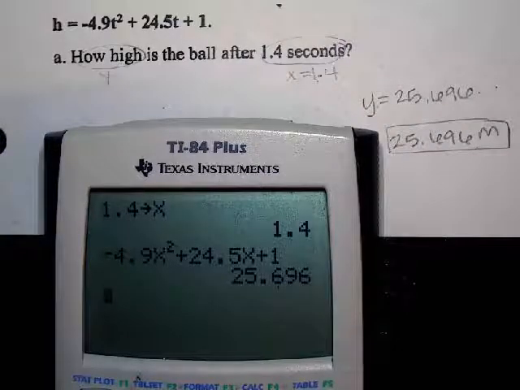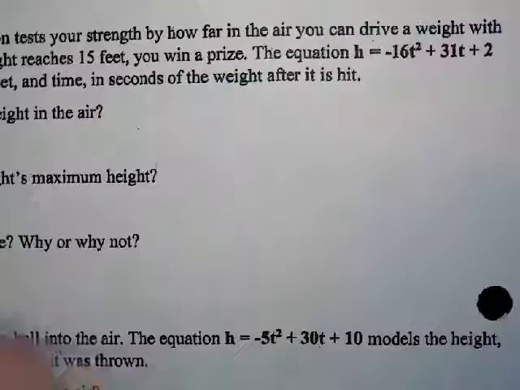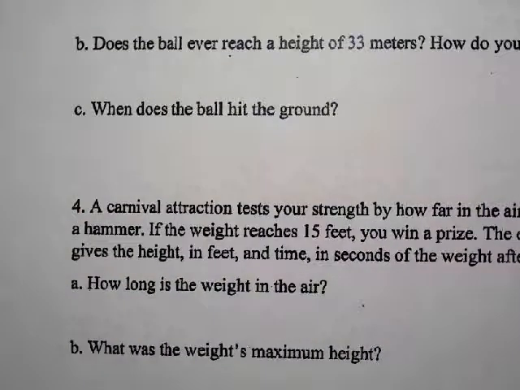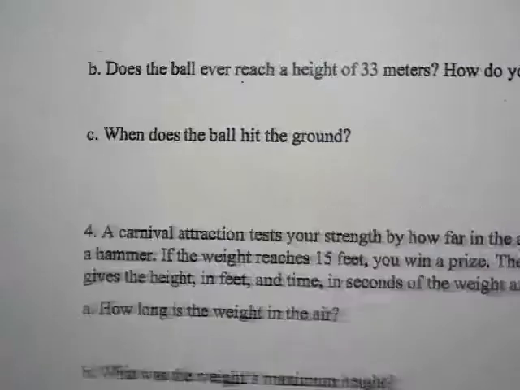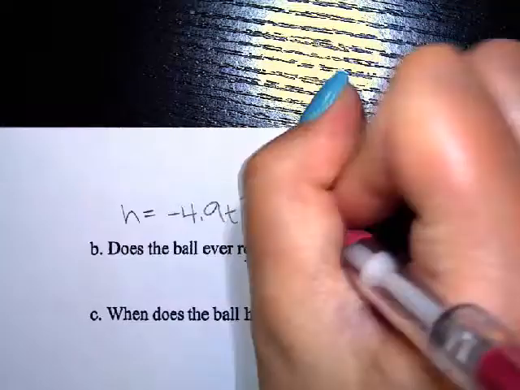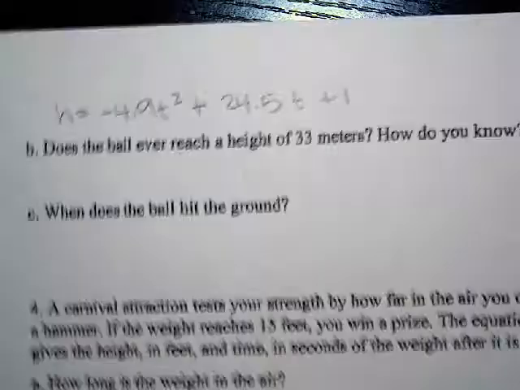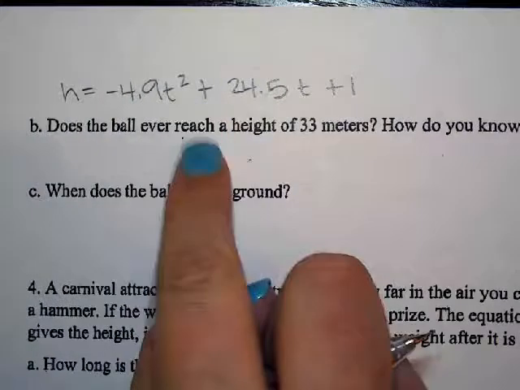So we're going to say h equals negative 4.9 t squared plus 24.5 t plus 1. Okay. So when it says, does the ball ever reach a height of 33 meters, is that an X value or a Y value? That's a Y. Okay, so instead of plugging something in for X, we're going to plug this in for Y. So we're going to say 33 equals